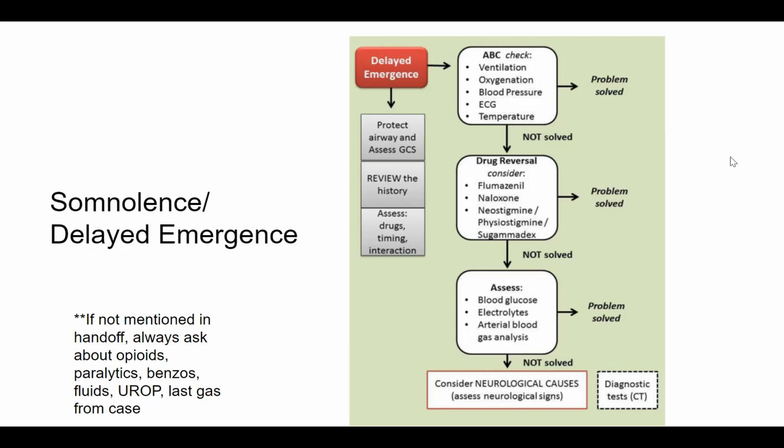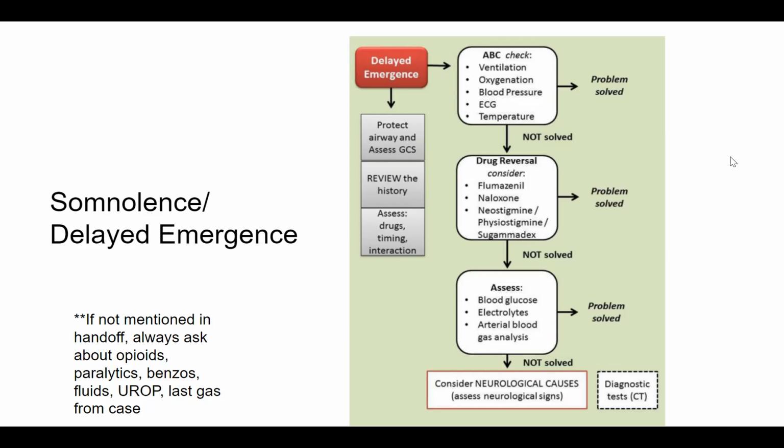Sugammadex. Okay, so you paralyzed with rocuronium. Or if you hear that they used cisatracurium, you say, did you use neostigmine and glycopyrrolate for your reversal? Just asking as part of the handoff. I think you all do a great job of that, but don't ever feel like there are too many questions to ask. These are all important things to get answered in the handoff. Hopefully we are telling you that information, but sometimes it doesn't all get relayed.